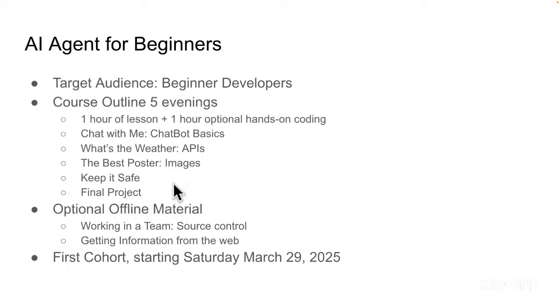And then we also discuss a little bit how to use it in a real environment where we need to keep it safe, with appropriate content, making sure there's no malicious user who can attack it. So we have essentially a basic outline of how to build an AI agent.